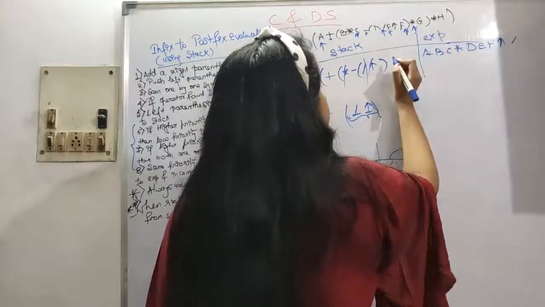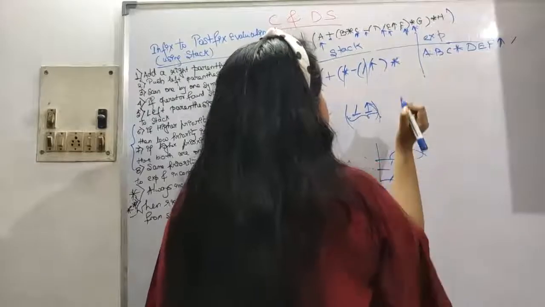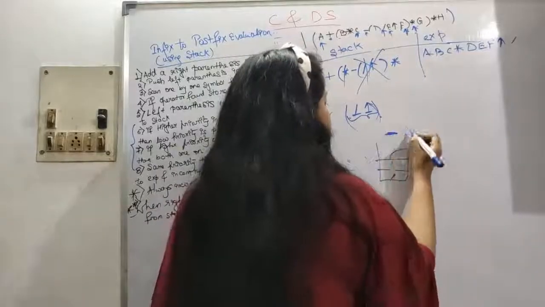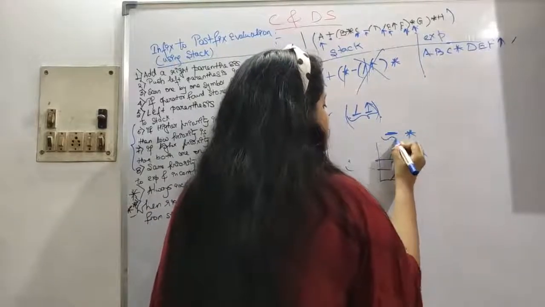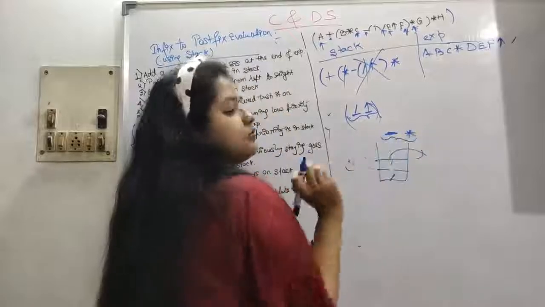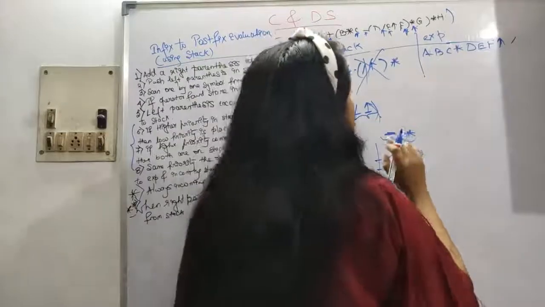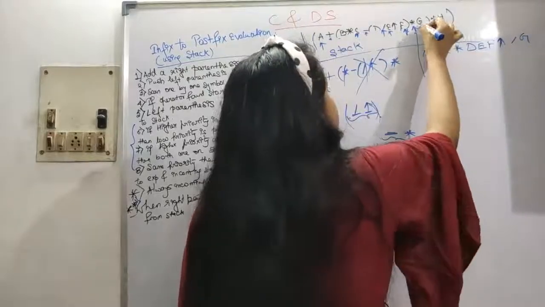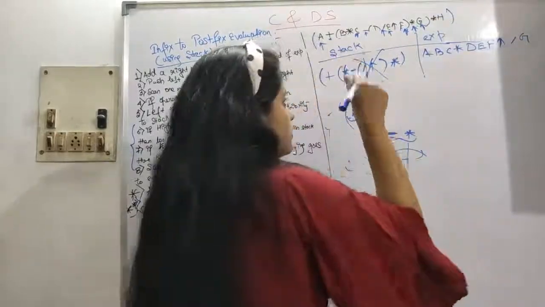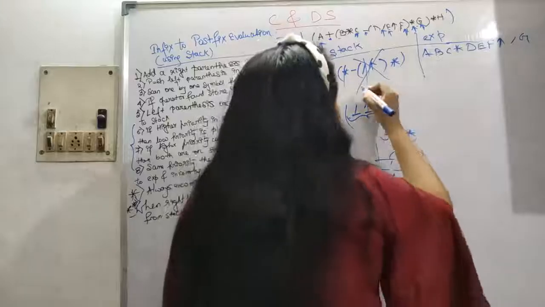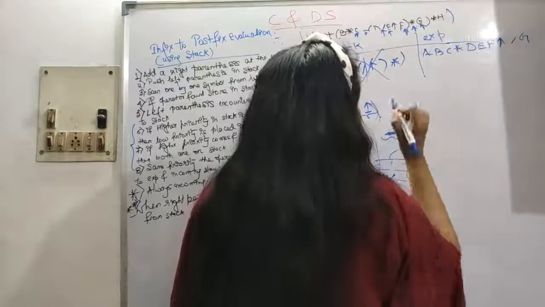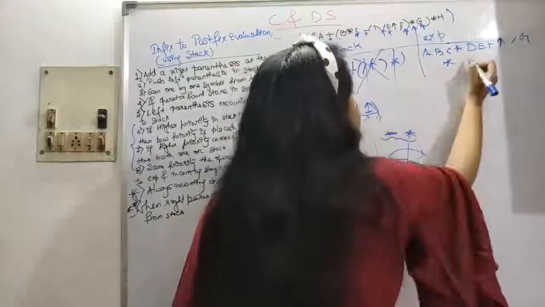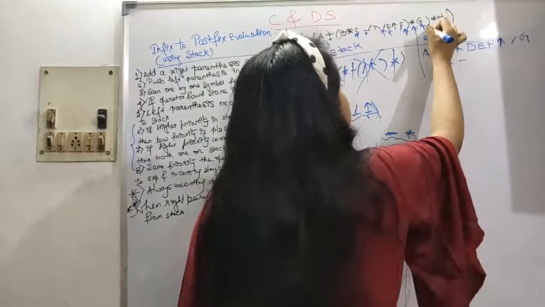Then star, minus and star. Minus is encountered and then star. Some celebrity is coming and sitting beside you, no problem, both stay there. Then G is encountered, G is done. Then the closing brace. Here we have minus and then star, so star will be printed here and then minus. So this is done up to here.